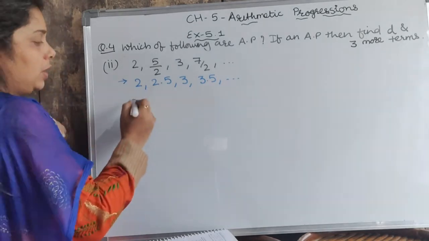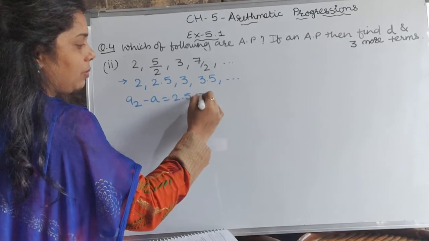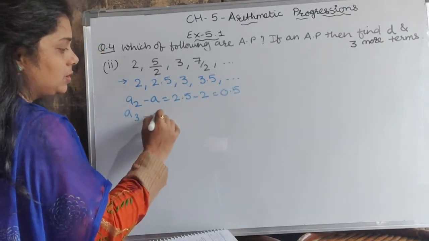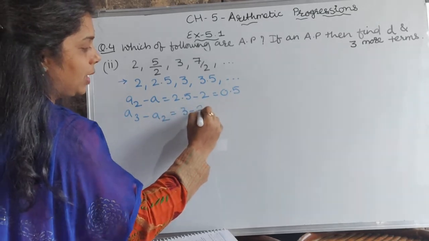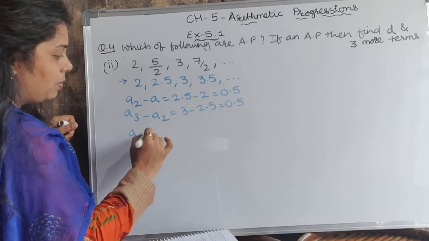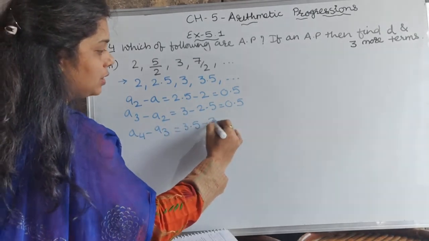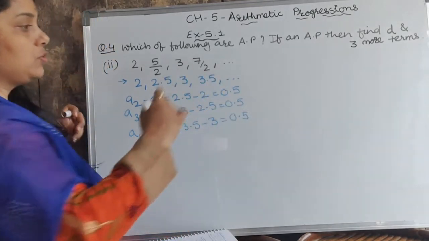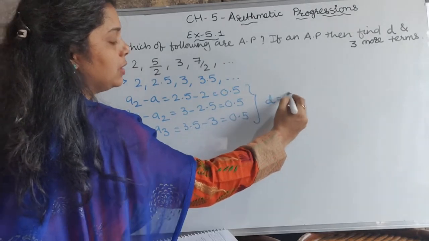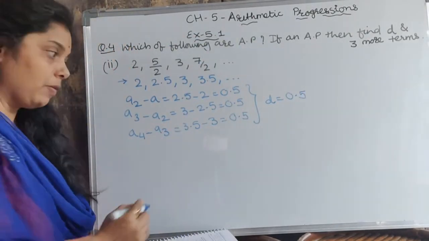Now here again A2 minus A1: 2.5 minus 2 is equal to 0.5. A3 minus A2 is equal to 3 minus 2.5 is equal to 0.5. A4 minus A3, again it is 3.5 minus 3, again it is 0.5. So if you see, all the common difference D is equal to 0.5. Now therefore,